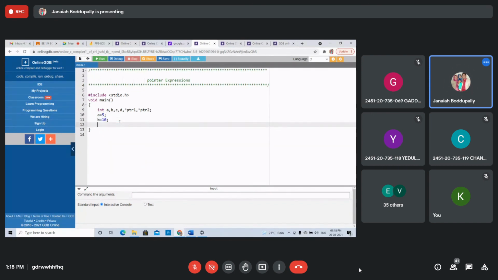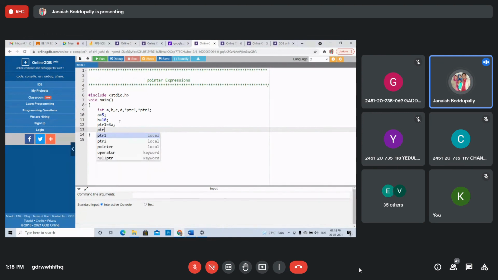Then the address of A will be stored in pointer 1, ptr1 equals ampersand of a, and ptr2 equals address of b.